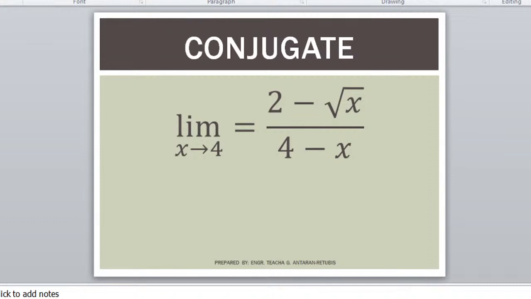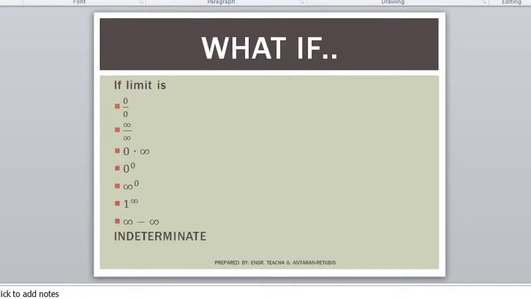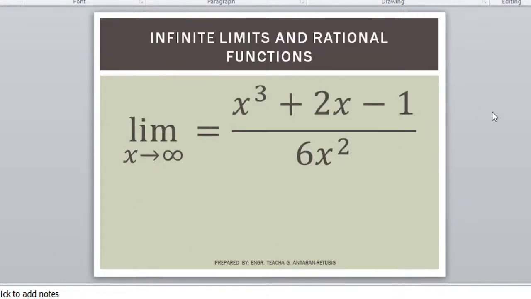Next, we have here the infinite limits and rational functions. If you can observe, these are rational functions, or divisions. It is a fraction, but it is approaching infinity. So still, in this example, we can expect the result to be infinity over infinity, which is the same as this one, still indeterminate. If we try to write this in our